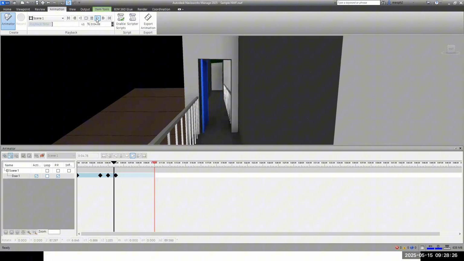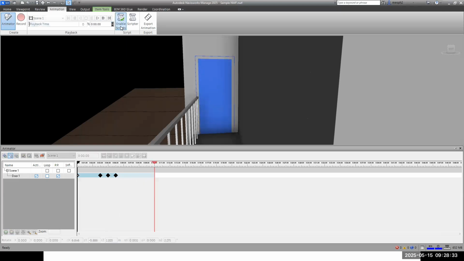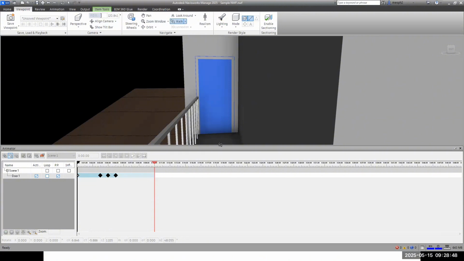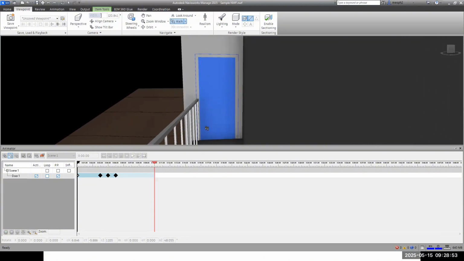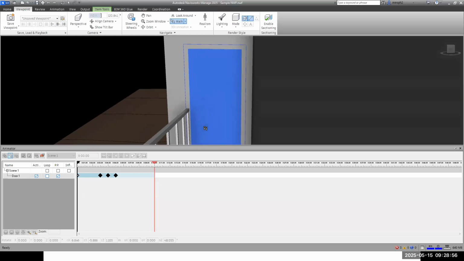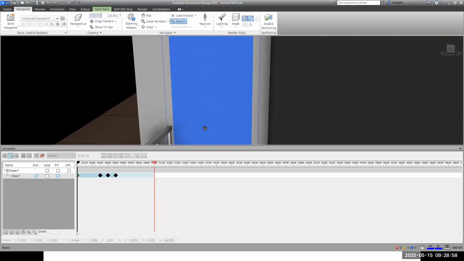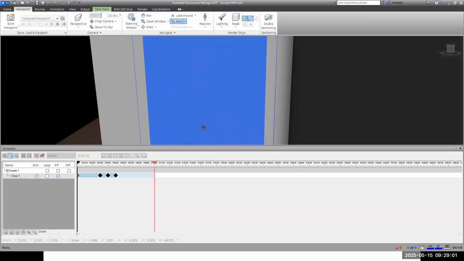So as you can see the animation. So once we enable script, we'll try to walk through. We'll try to open the automatic door. So after the walkthrough, after we go to this portion,